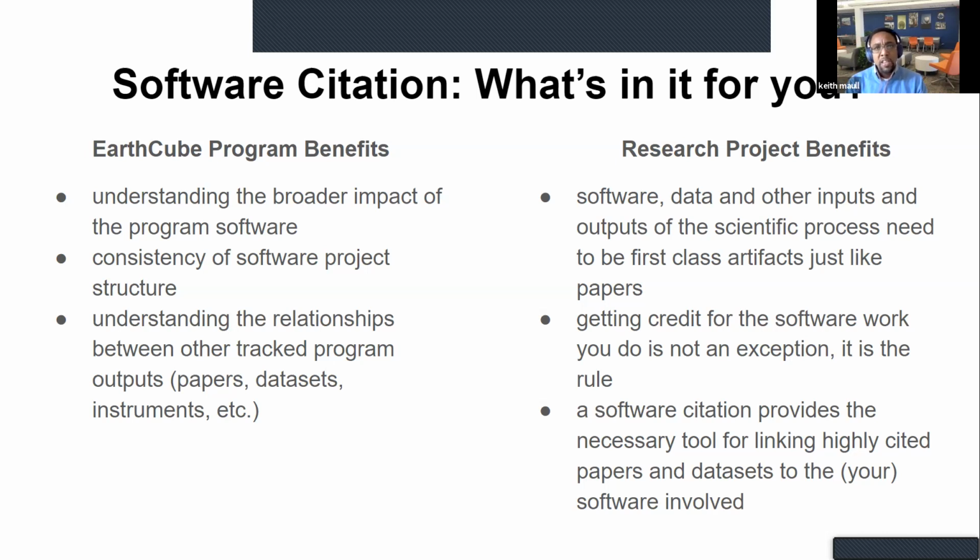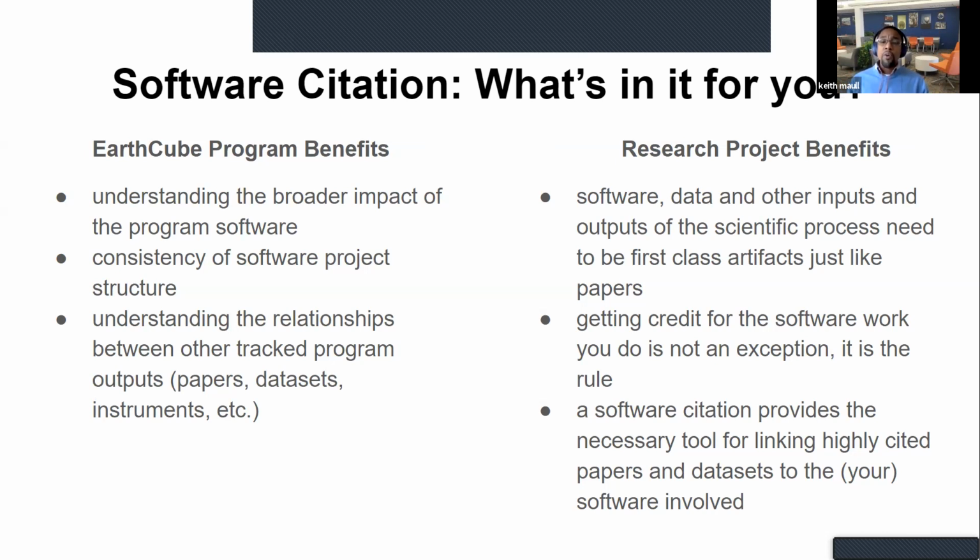So that way, when people outside the community come in, they say, "Oh yeah, we know what to expect," because the structure of these repos and the way in which they are promoting citation of their software is consistent across all of the funded projects under that particular program.